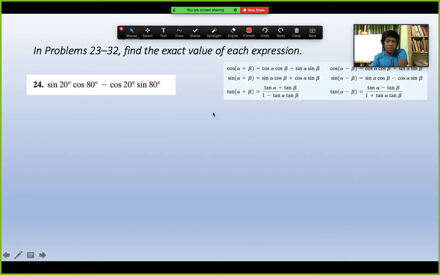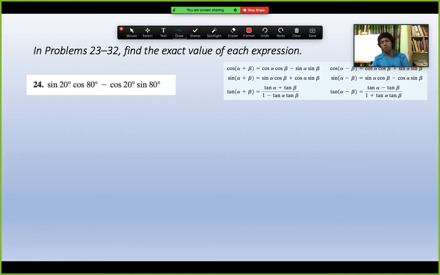And now this is another type where multiple angles are involved in this maths. Look at this. This is number 24 from section 7.5. And how do we do this math? This is sine 20 cos 80 minus cos 20 sine 80. And this math is